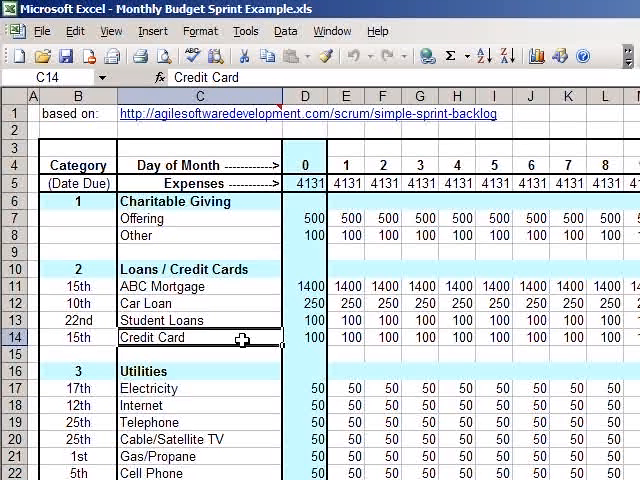Every night you're going to sit down with this spreadsheet and you're going to ask three questions, you and your spouse or whatever. Those three questions are: what did we spend today? What do we plan to spend tomorrow? And are there any unforeseen expenses coming up? What we're going to do with the spreadsheet is really focus on that first question: